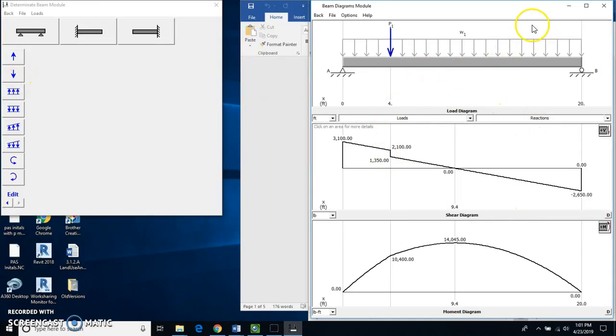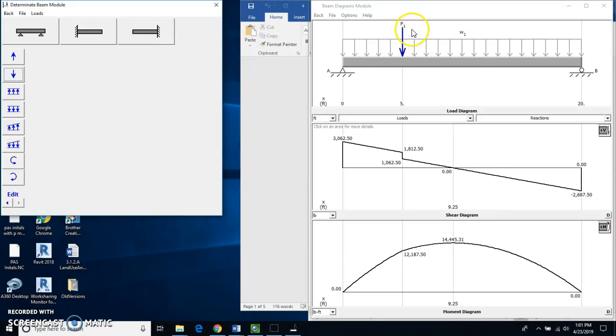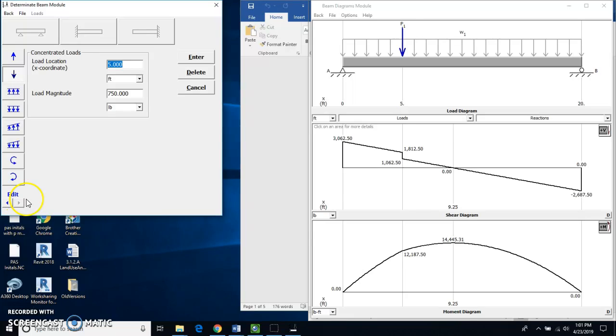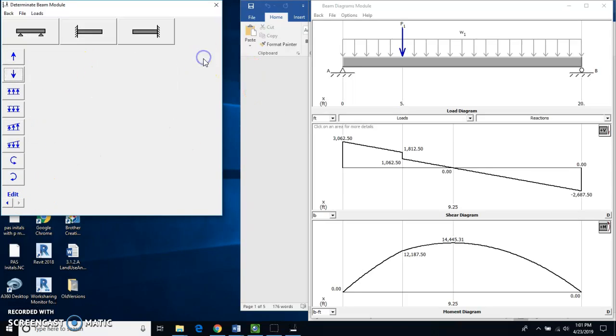And if you needed to put another point force over here on the right hand side, you would just repeat by doing this. Now, just so you know, if you make a mistake on these, you can edit them by doing a backspace here, and I could change it if I noticed that my distance was incorrect. Say I want my distance to be 5 feet, I could hit enter, and you'll notice that this arrow moved to the right. So you can backspace with the edit, change the numbers. You can go back a couple, whatever you need to do. You can go forwards and then hit enter, and you're going to get your